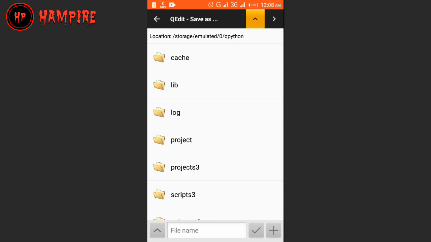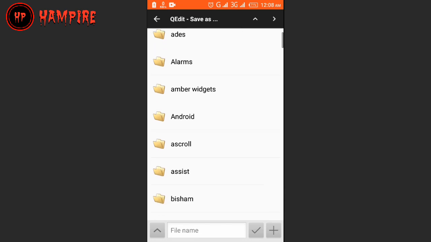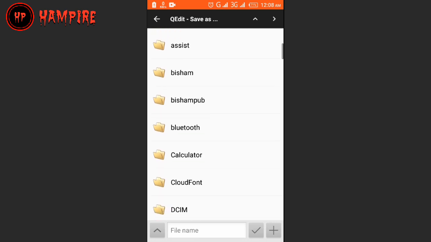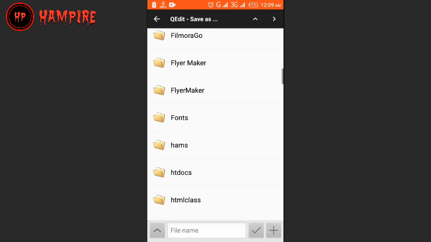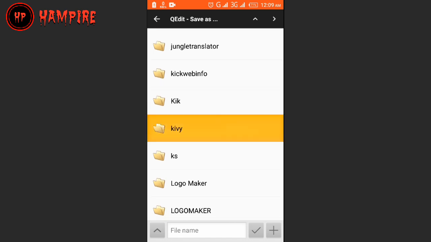Now for me to save, I need to save in a folder called kivy. So I have to go back to my emulated 0 directory, that is my internal storage. So I need to look for kivy. Sometimes the folder might not be there, being your first time of installing the Kivy launcher, so you just have to create it yourself. But now I already have it, so I need to click on the kivy,